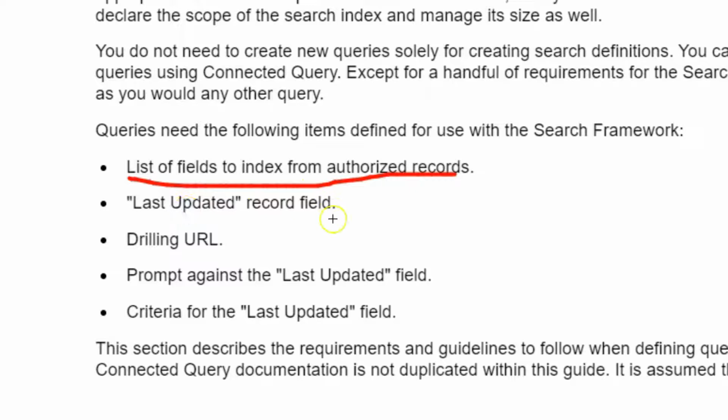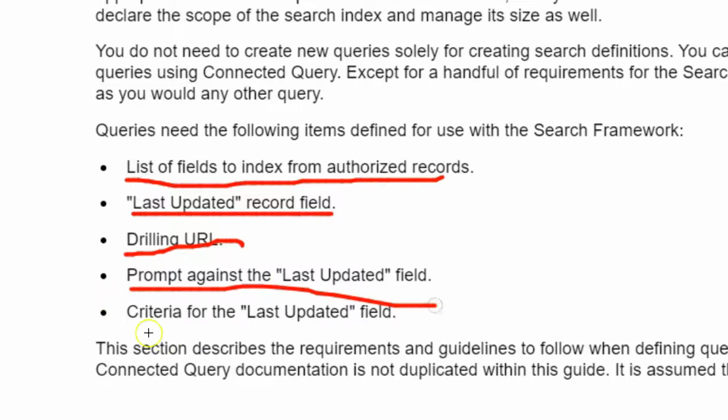Next thing is there should be a field in your query that tracks when this particular row was last updated. I will elaborate more on this field very soon. Next is drilling URL. With this, you can guide the user to a particular destination after he clicks on search results. The last two items are related to the last updated field that I will discuss next.